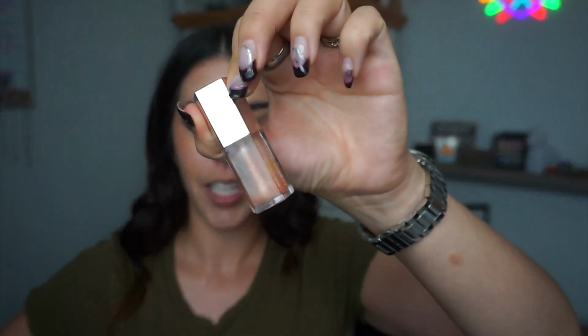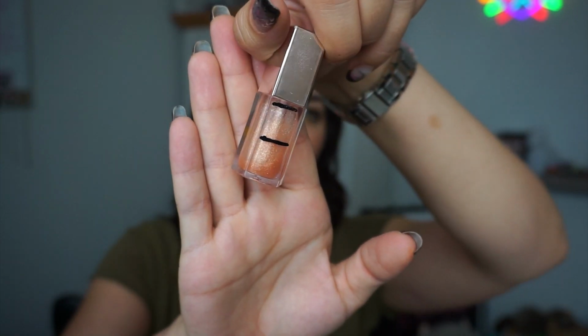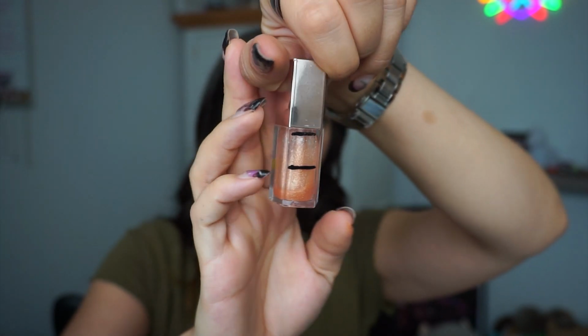So the next product is this product here. This is the Fenty Beauty Champ Stamp Fantasy Gloss Bomb. This is a mini gloss bomb that was sent to me from Haley. And actually I made pretty good progress in this and I'm done with it now. I did have this on my desk and I was using it here and there, but I'm at the point where I consider this the backwash of lip gloss,